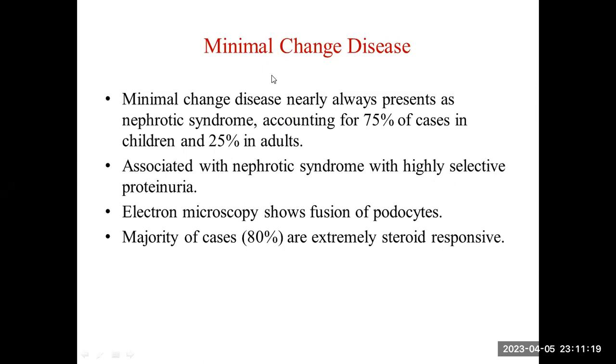Clinically, minimal change disease can present with proteinuria, subnephrotic range proteinuria. That means proteinuria less than 3 grams per day, or it can present with nephrotic syndrome, which means heavy proteinuria more than 3 grams per day. And proteinuria in minimal change disease is always selective proteinuria. That means you will have albuminuria specifically. So the proteins that are lost in the urine in minimal change disease mainly consist of albumin. Because in the pathophysiology of minimal change disease, as we discussed previously,